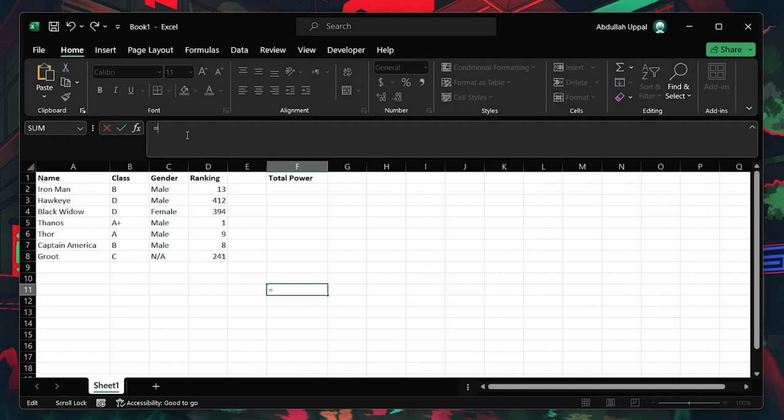Now, let's talk about the structure of a formula first, focusing on the BODMAS rule. BODMAS stands for brackets, orders, divisions and multiplications, and addition and subtraction. Excel follows this order of operations when executing a formula, so it's crucial to structure your formulas correctly to ensure